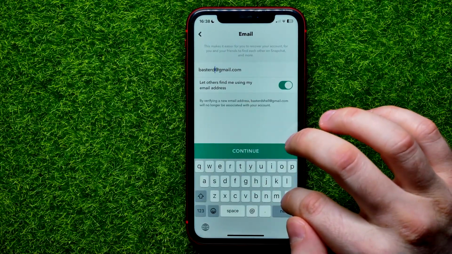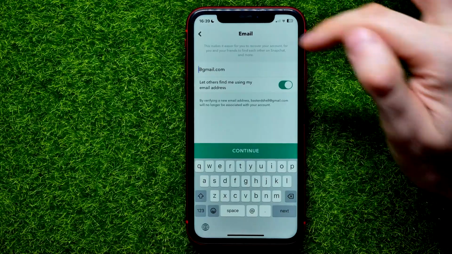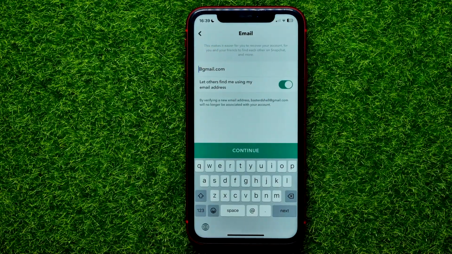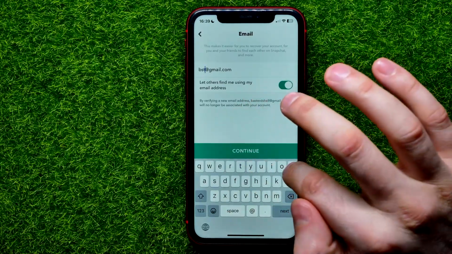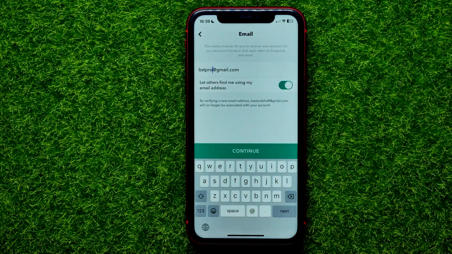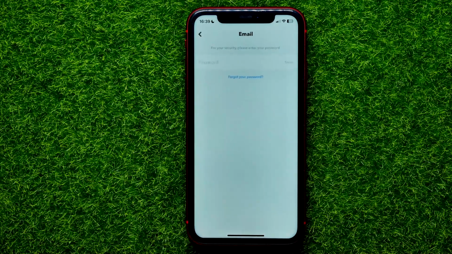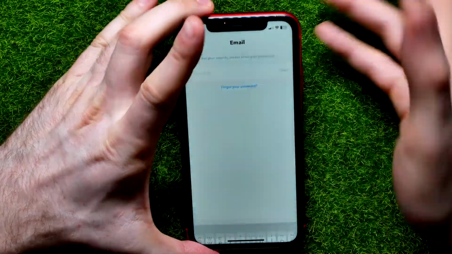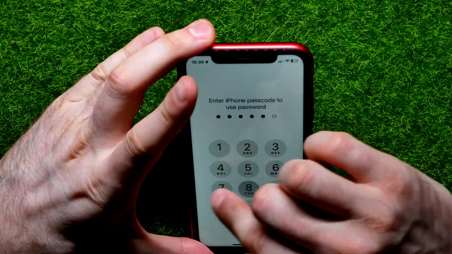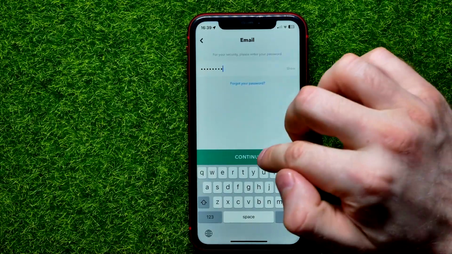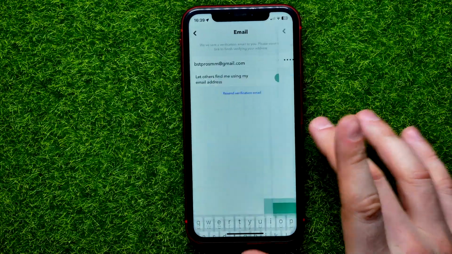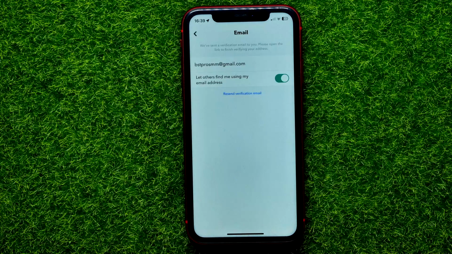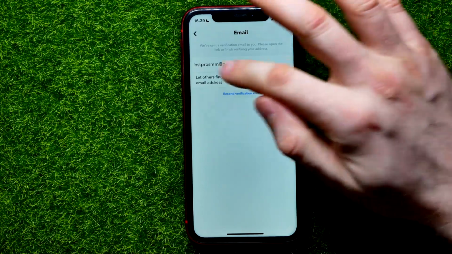So I'm gonna remove all the part except at gmail.com, and now I'm gonna enter my new email and then I'll tap at continue. Now it asks me to enter the password. I can use it from suggested, and then I'm gonna hit at continue again. As you can see, new email has just been set as my primary email on that Snapchat account,